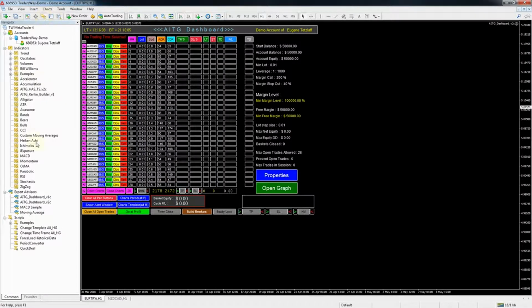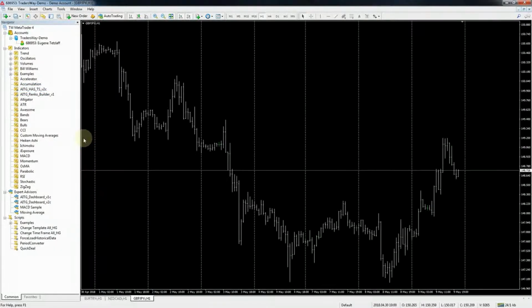This up, and here you can see our indicators, and what we're going to be working with is the HAS. So I'm just going to open up a chart, just pick one here to set up, and in this case it comes up with a blank chart, of course, with the price action on it, and it comes up on the 1 hour. So what I'm going to do is drag my HAS over here,